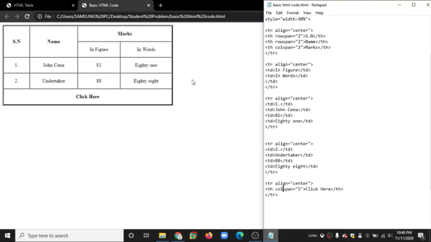If we use column span, this means 1 2 3 4 5, 5 columns, and these are the vertical lines that are removed in this particular box. So this is the type of desired output that we want, and you can simply use this code to get the output like this.